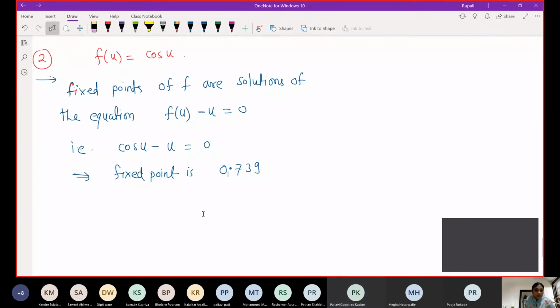So approximately we can write 0.739, because with numerical computations we are not getting the exact solution, but we are getting 0.739. So now we want to check whether it is stable or asymptotically stable. So for that, to check stability,